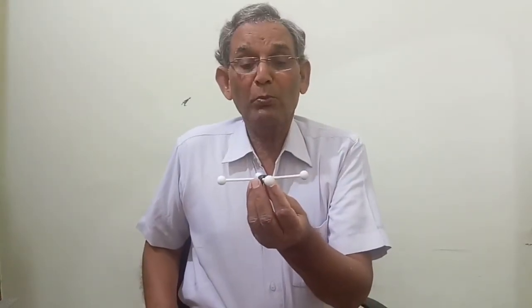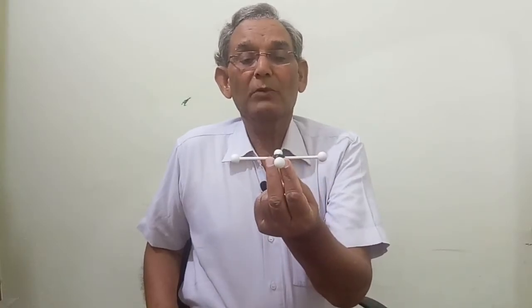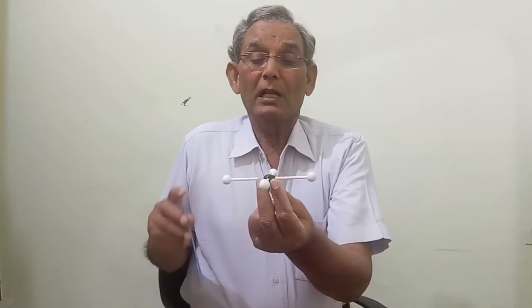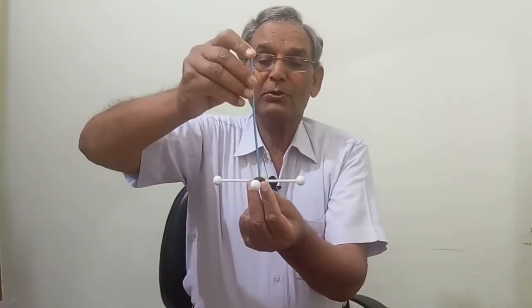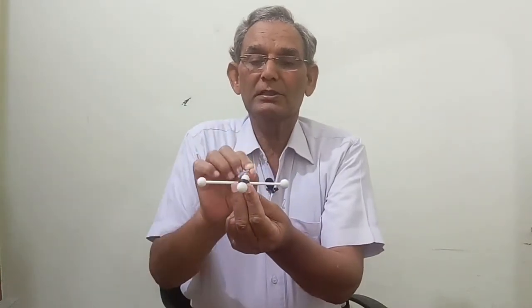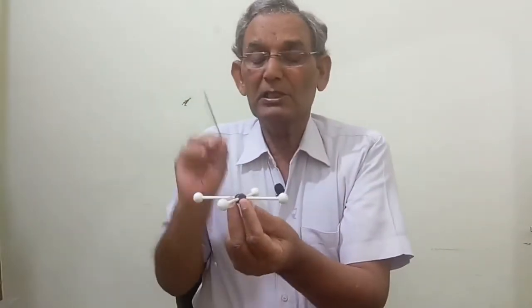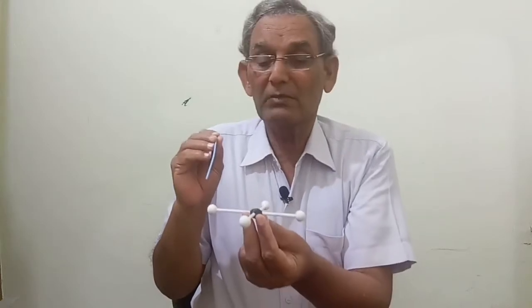This is the tetrachloroplatinate ion, a square planar molecule, and there are two types of axis of rotation. This is the C4 axis of rotation, and this is C2, and this is C2. Now we have to explain all three planes with this molecule: sigma v, sigma h and sigma d.